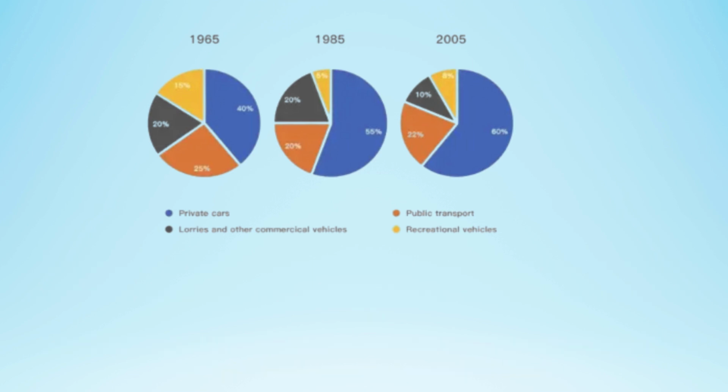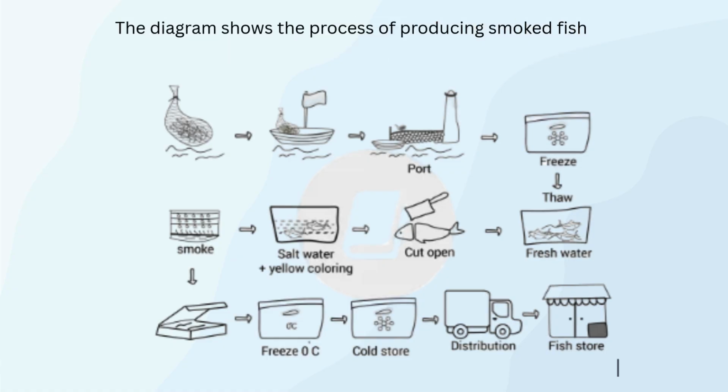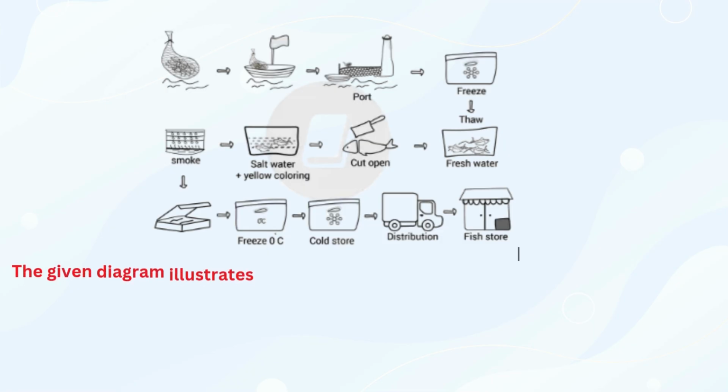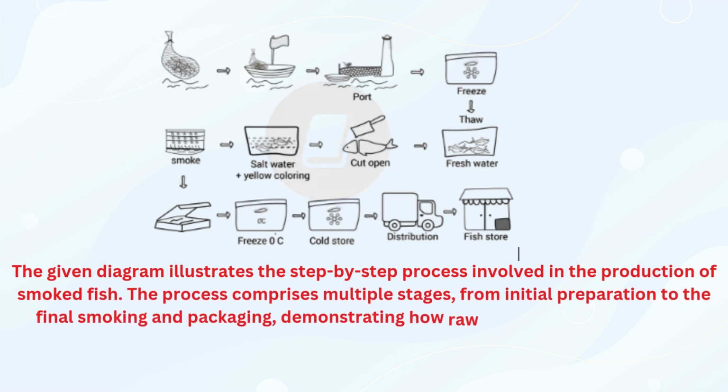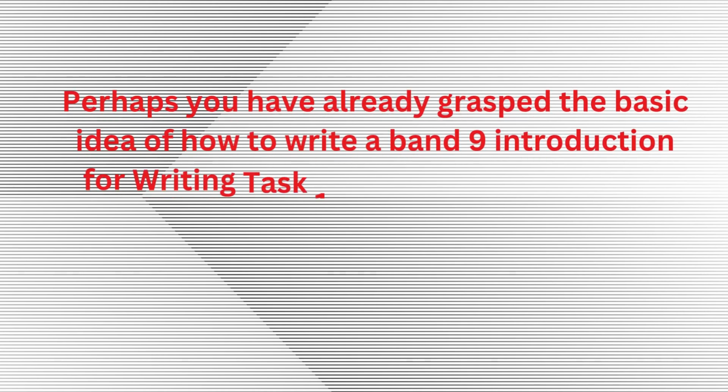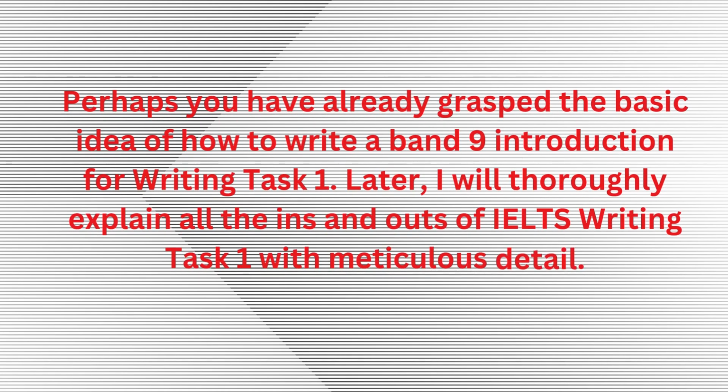The diagram shows the process of producing smoked fish. The given diagram illustrates the step-by-step process involved in the production of smoked fish. The process comprises multiple stages, from initial preparation to the final smoking and packaging, demonstrating how raw fish is transformed into a consumable product. Perhaps you have already grasped the basic idea of how to write a Band 9 introduction